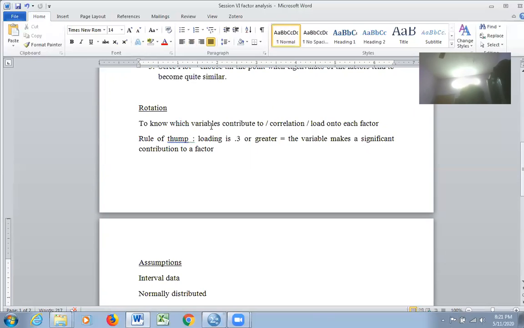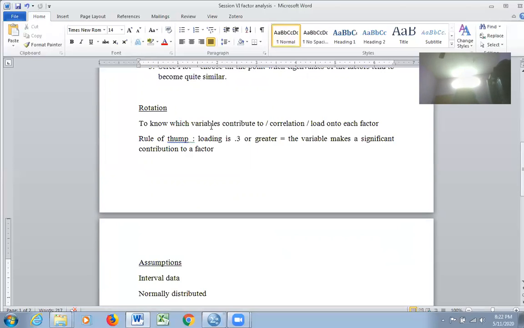The loading should be 0.3 or greater. That means that the variable makes a significant contribution to a factor. So if a variable is having 0.3 or greater loading, it means that particular variable is having the capability of contributing significantly to that factor. So we can take only those variables which have a significant contribution to the factors concerned.